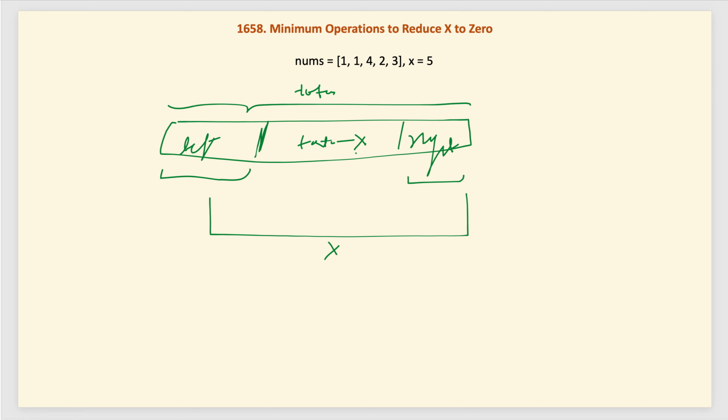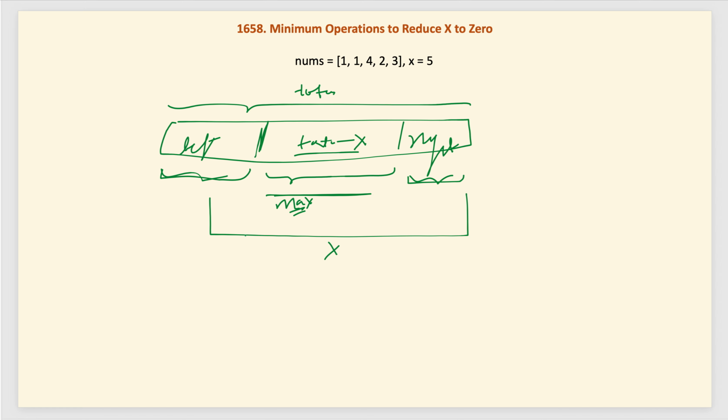So, this is another indirect way of solving this problem. It is not easy to observe, but with practice, it becomes very easy to solve. What we can do is try to find the window whose sum is total minus x and the length of that window is max. If this window has maximum length and the sum equals total minus x, which is the target, then the left part and right part lengths will be minimized, which is what we need to do. So, this is the other idea.